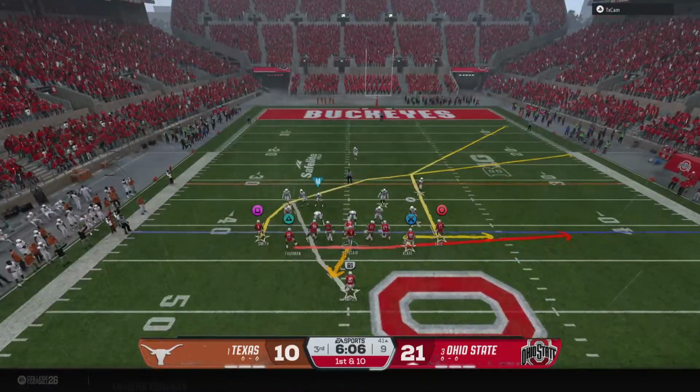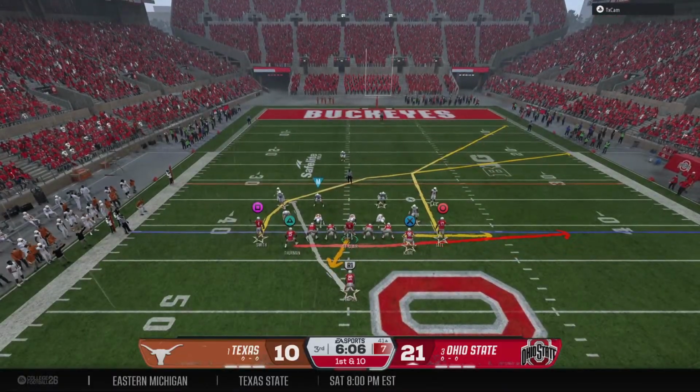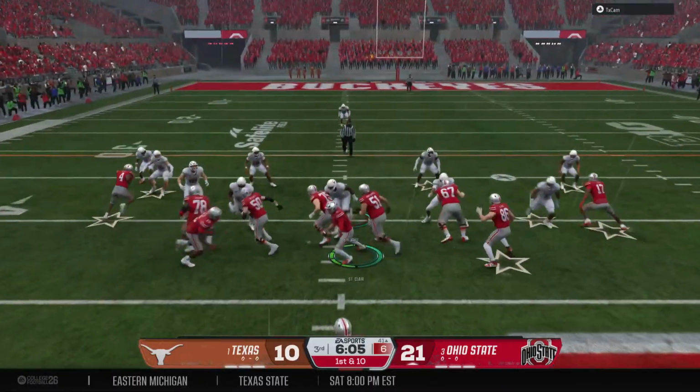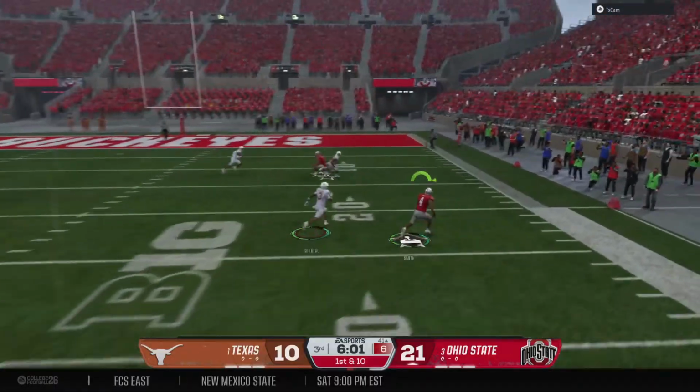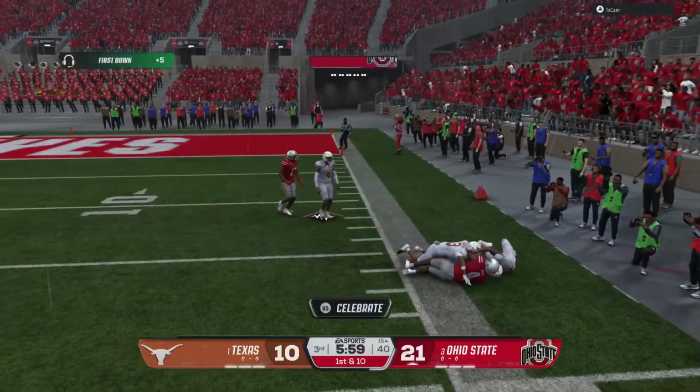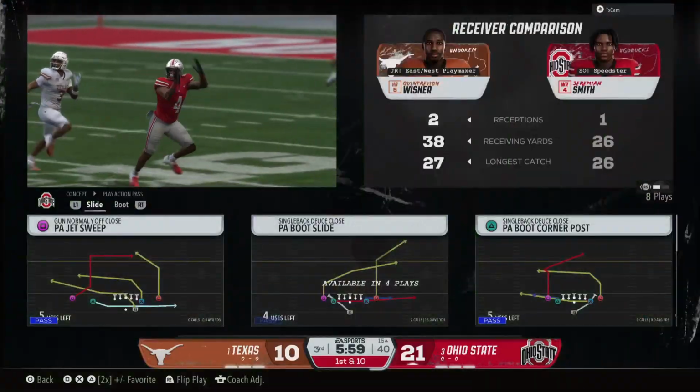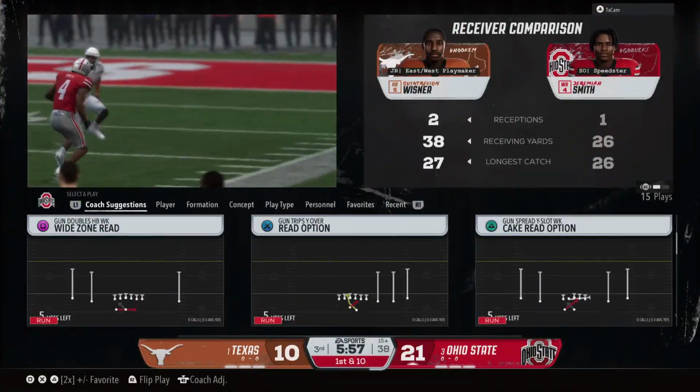Okay, here comes the Ohio State offense back on the field. On first down, it's play action. On the run, he'll let it go. He makes the grab. They finally make the tackle, but a huge gain down to the 15.